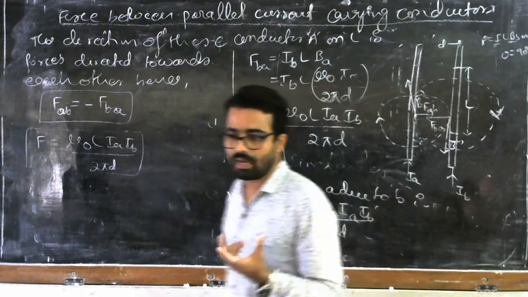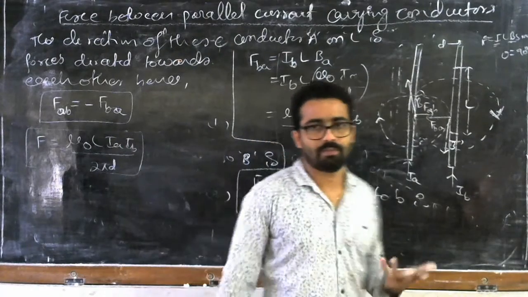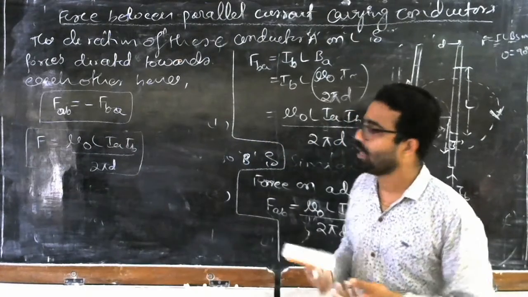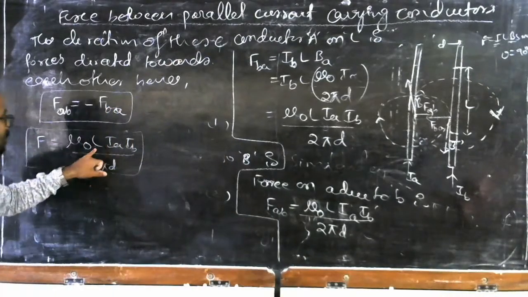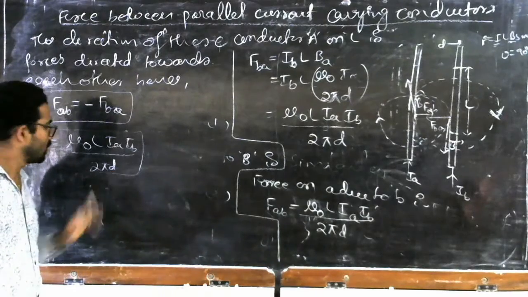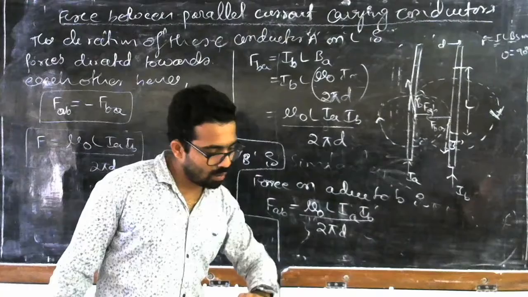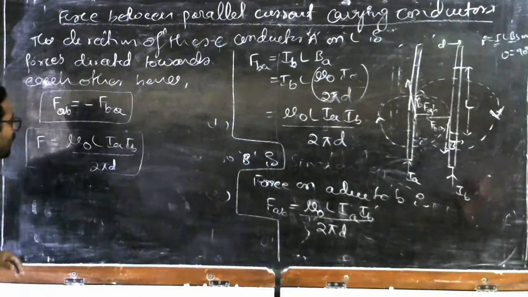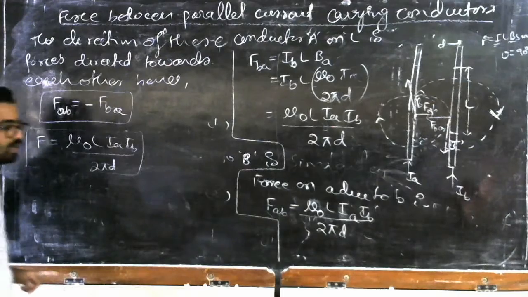We already know that ampere is the unit for current. So the unit of that current can be defined using this equation. If you substitute L is equal to 1, where L means length, and d means distance, substitute L and d as 1, and let's say 1 ampere of current is going through it, then